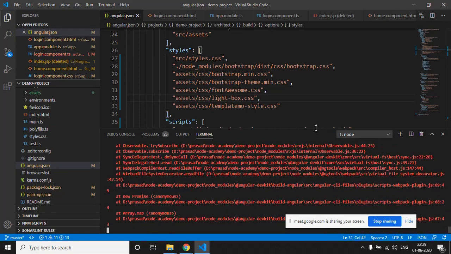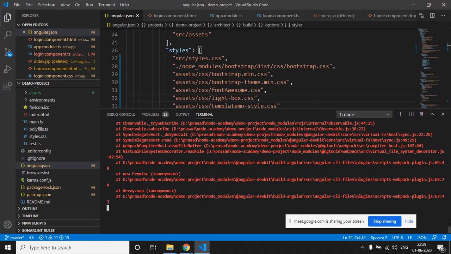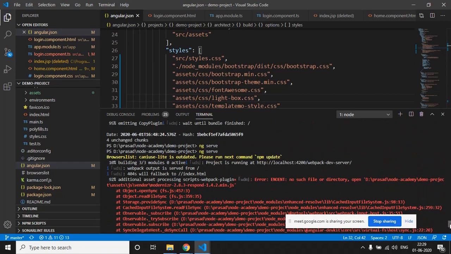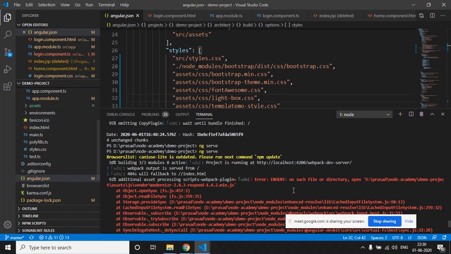Now it has given an error, let's see what it is. Demo project respond not.js render. So this is the error because the Angular compiler cannot find this file in this directory, demo project source assets.